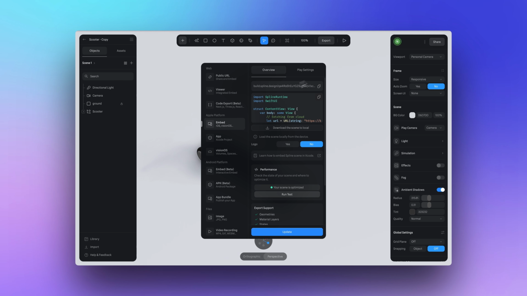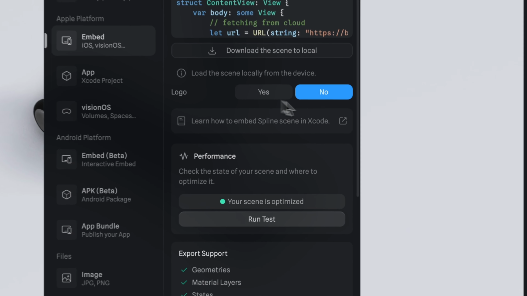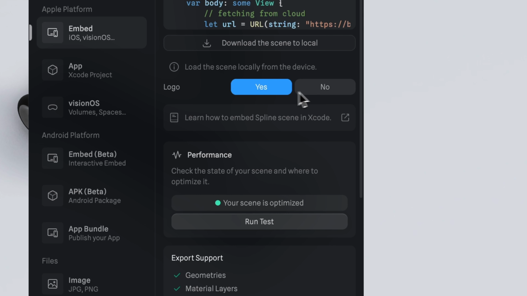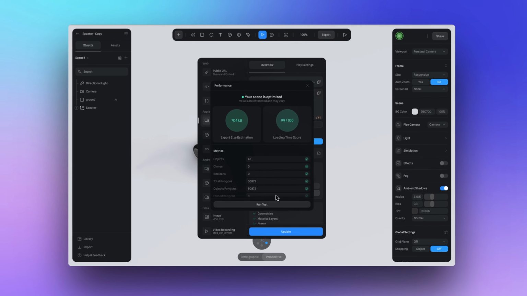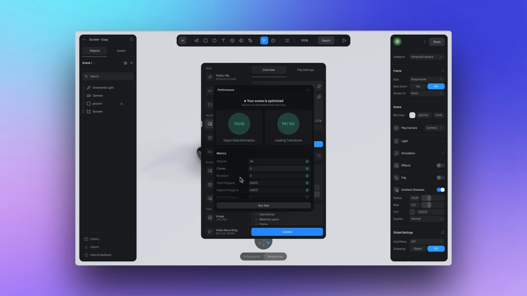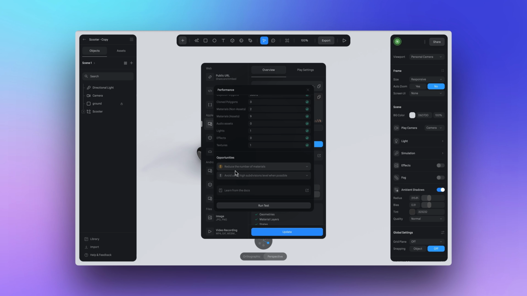Now going back and checking the other options, here you can choose whether to see the Spline logo or not. To disable the Spline logo, you need to have an active Super or Super Team subscription. And here you can evaluate your scene's performance within Spline and run a test. Spline provides detailed analytics and various optimization tools, allowing you to fine-tune your scene for better performance and for a